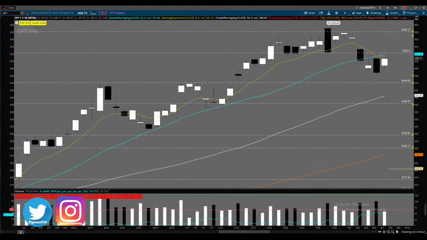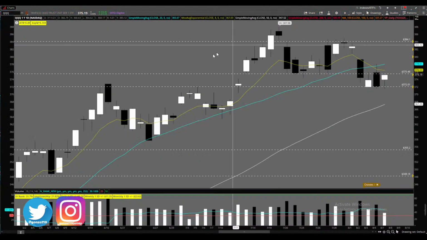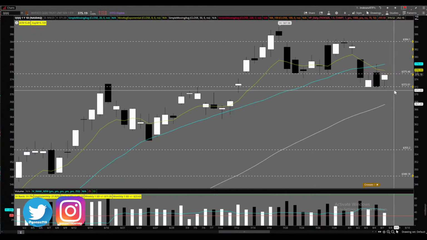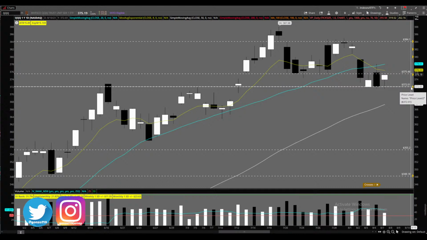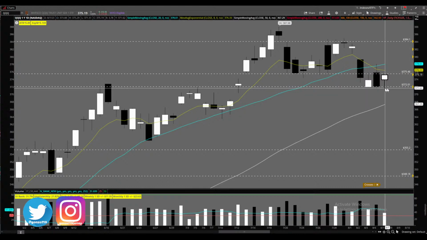Now, does the 444 line up? We're not by the 50, but the Qs you'll see in a second that we're going to go to now. Regional banks are getting destroyed. That's why the Russell's getting decimated right now, because of that downgrade. Now let's look at the Qs. Qs has that 372, you're getting a lot of longs buying there. That's a very weak low.